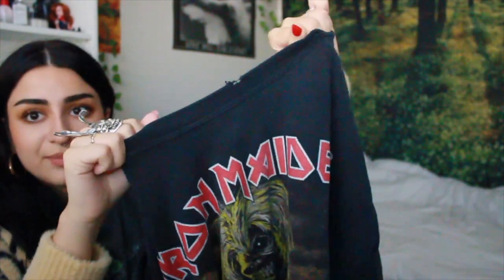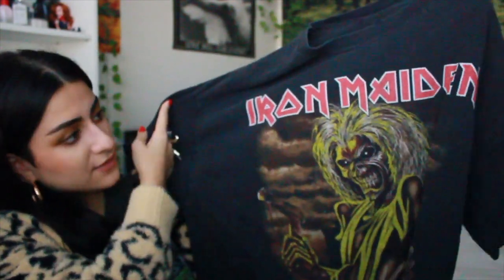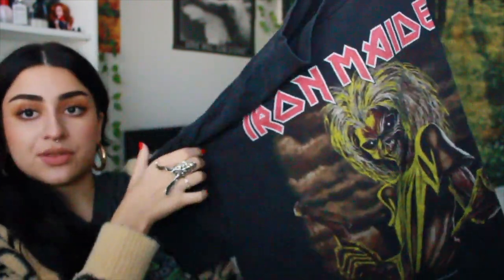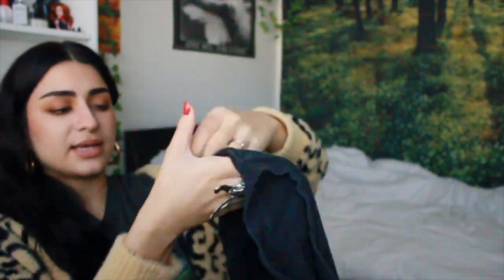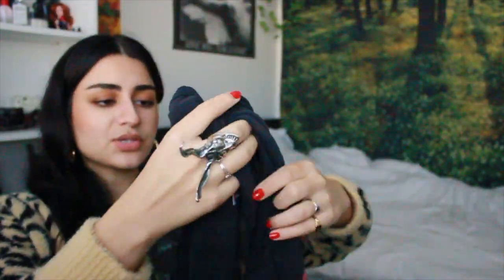It's definitely beaten up at the collar. The sleeves are so nice and baggy. The front graphic is worn in very well. This is from 2003, so not quite vintage, and it's got the Killers logo on the back as well. So not quite vintage, but it's been around long enough to where it's got that really nice, just worn-in shirt feeling